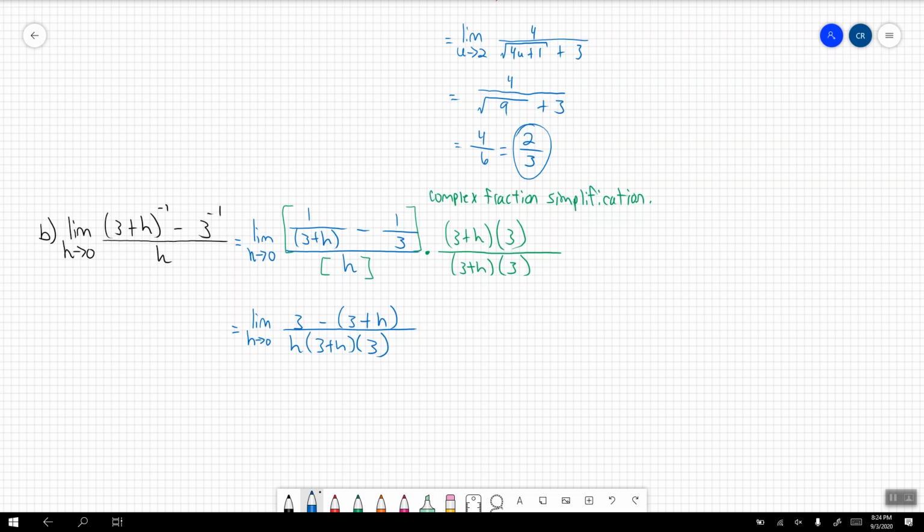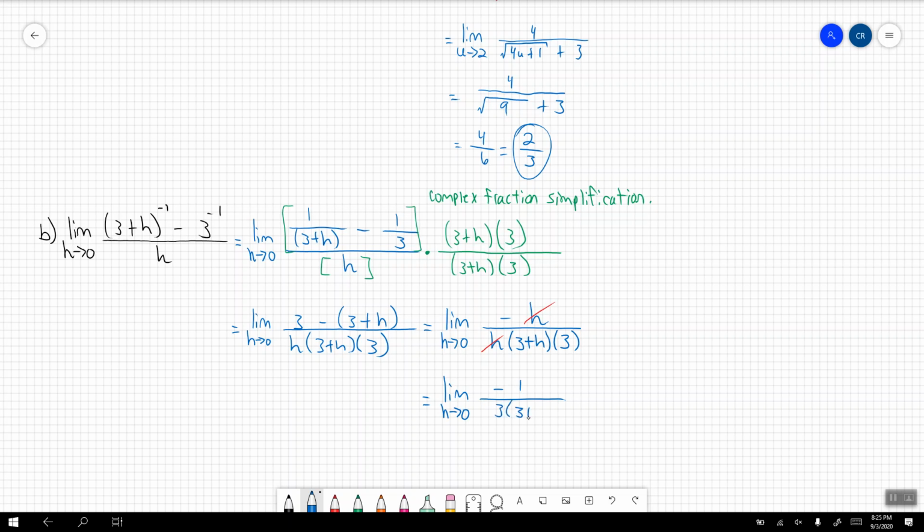Okay, so look at that numerator now. That numerator can now simplify just a little bit more. The way we simplify that numerator, 3 minus 3 just gets us 0, so distribute the negative. So we get negative h divided by h times 3 plus h times 3. Look at that. The h's now simplify. Very nice. And we're left with the limit as h is approaching 0 for the quantity of negative 1 divided by